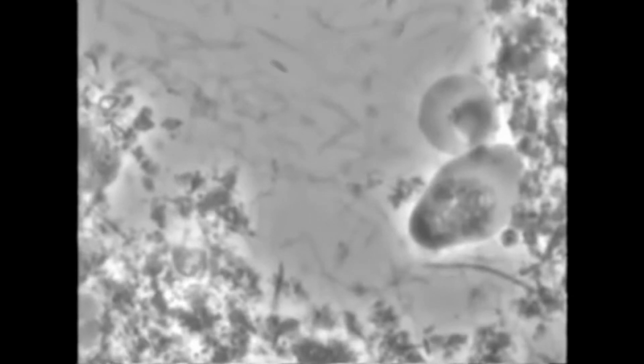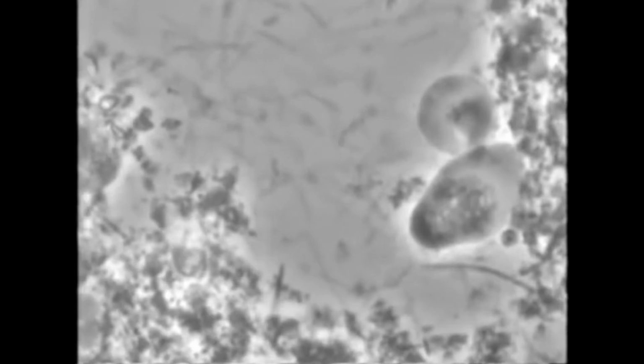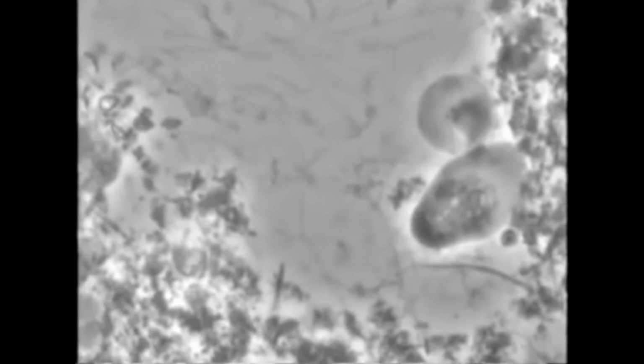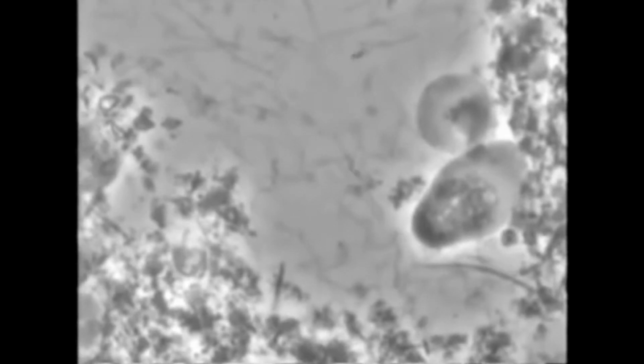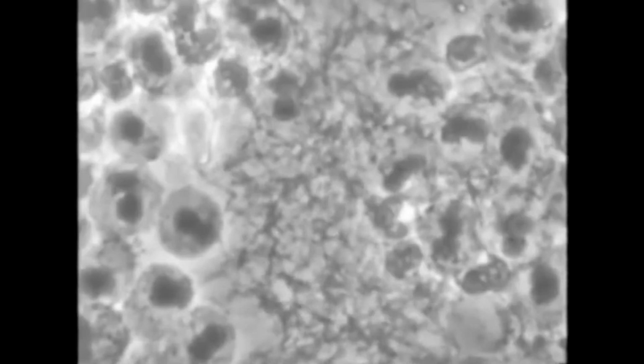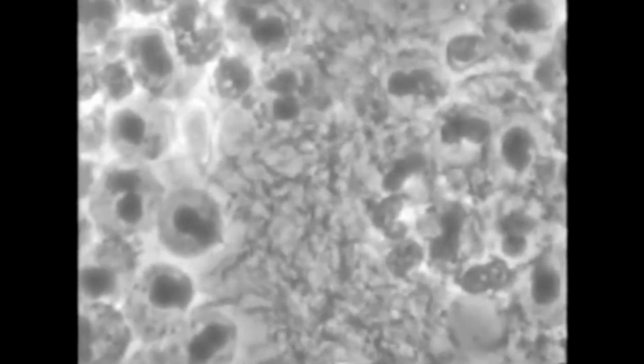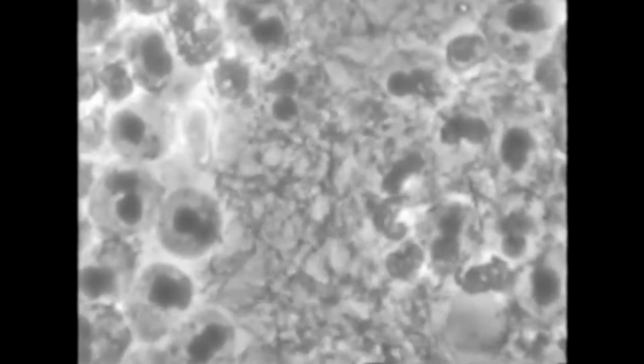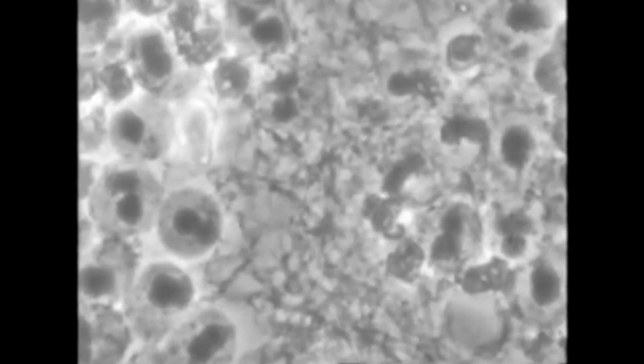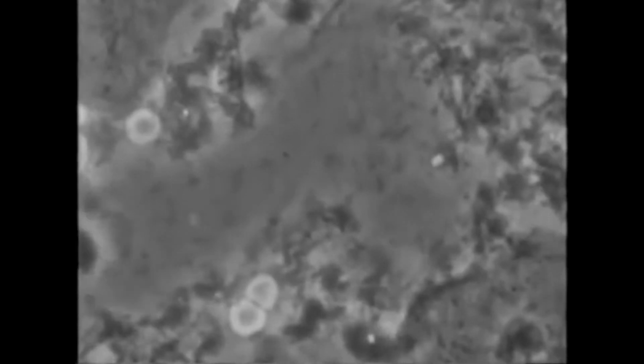These organisms are both small and large spirochetes. This is a biological smear of a person who is infected with spirochetes, the little snake-looking bacteria. And this is a smear of a person who is effective in their oral hygiene. They have eliminated most, if not all, of the bacteria associated with disease.